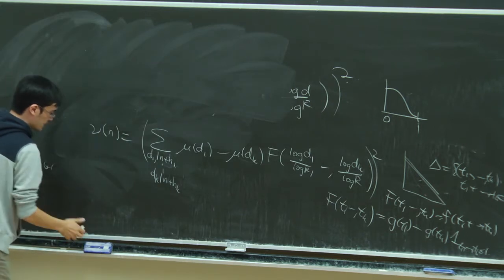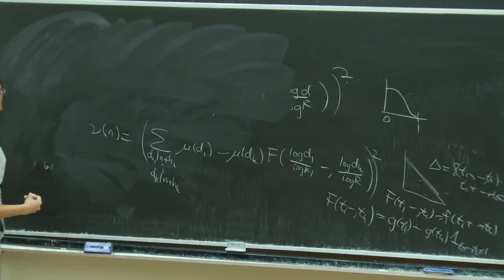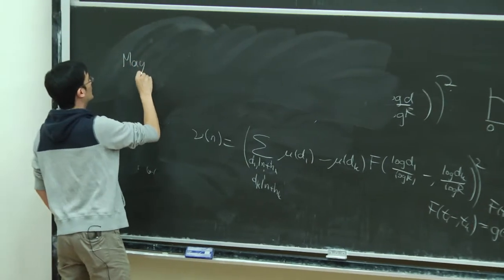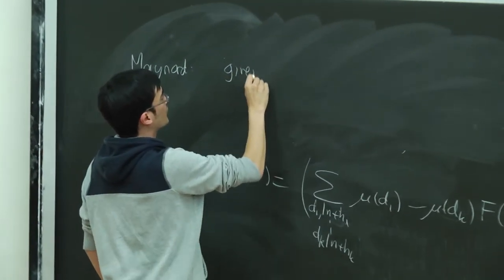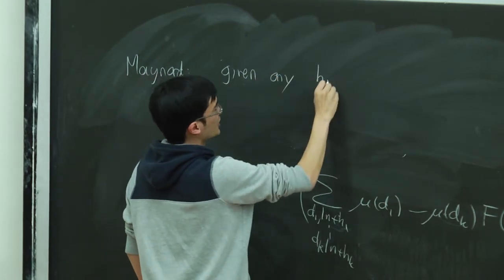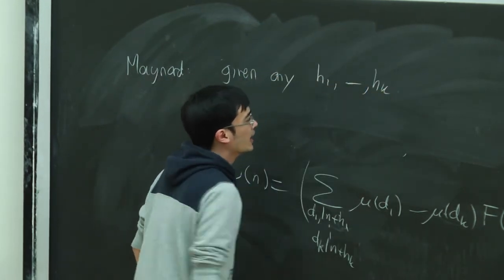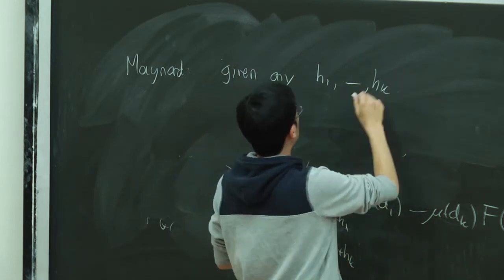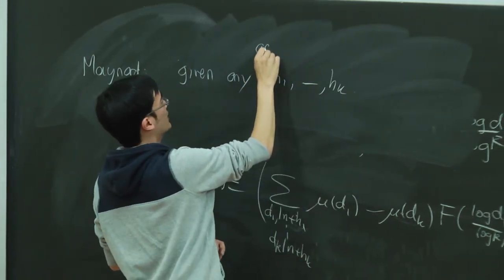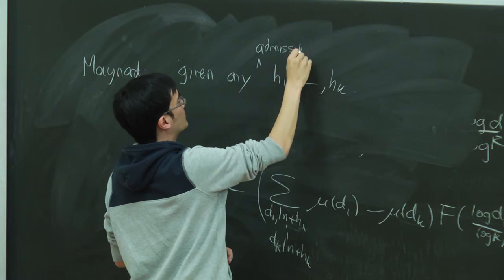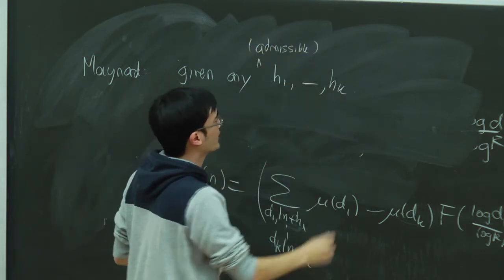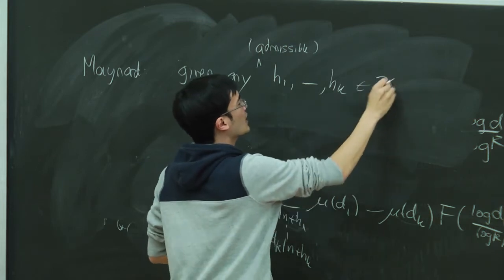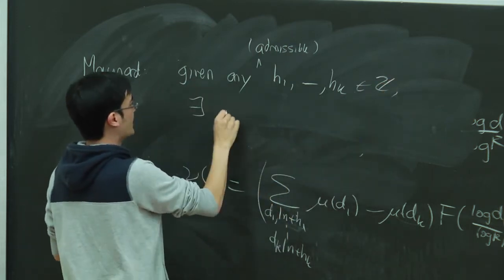So one consequence, the more general theorem of Maynard, is the following: given any distinct integers h1 to hk, they have to obey certain admissibility conditions, which I will ignore. But never mind that, because if I give you k distinct integers h1 to hk, then there exist infinitely many